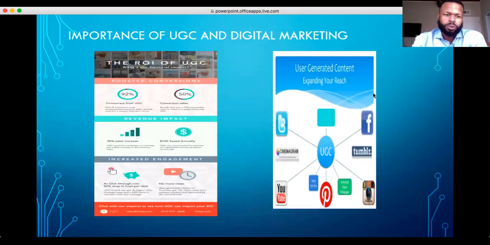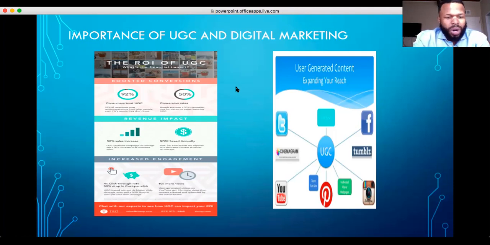The importance of UGC. These two documents show, first, on the left-hand side, the ROI of UGC. 92% of consumers trust user-generated content, because it's actually coming from the user, so it's authentic.